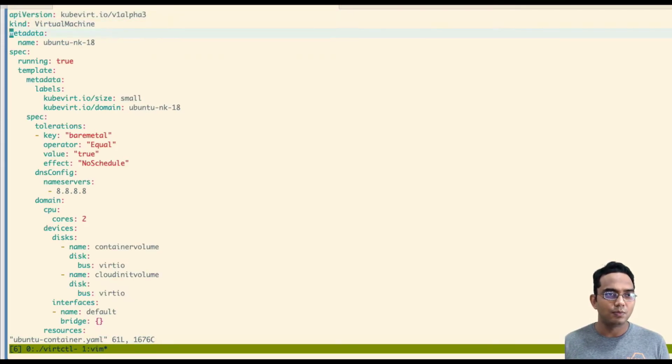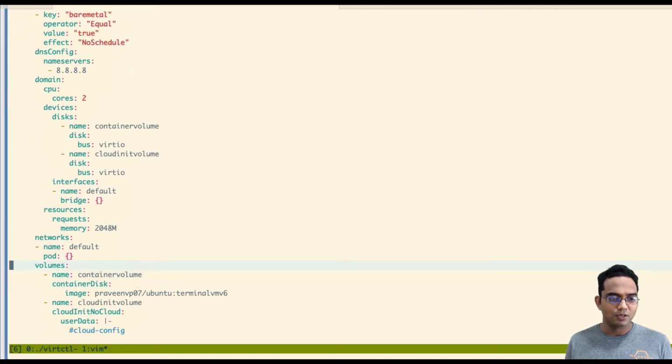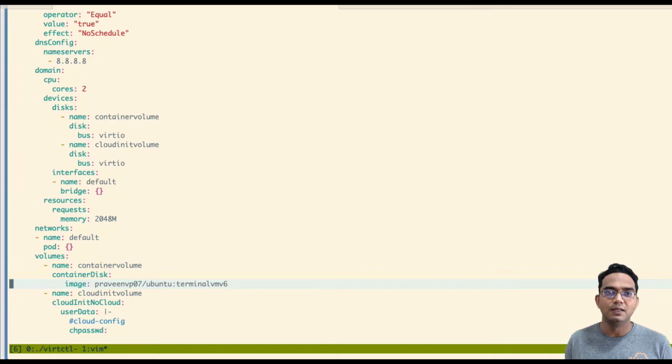Yeah, so here it is. So let me come down a bit here. Yeah. So what we are saying is I'm going to use a volume, and this might look familiar to you. It's like we take a Docker image and then try to create a pod from that. That is what it is. So what we have in this case is we are using a driver called container disk here. With container disk, I can create a Docker image or a container image, which we have been familiar with, from the VM image.